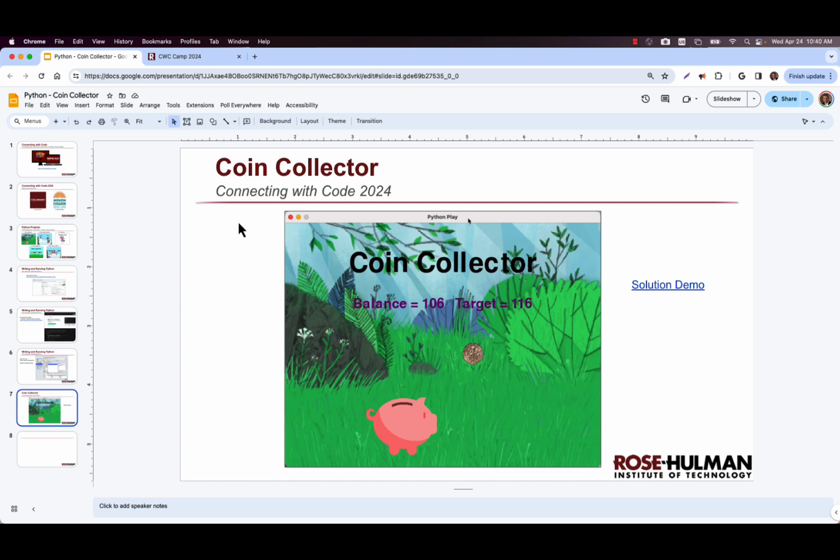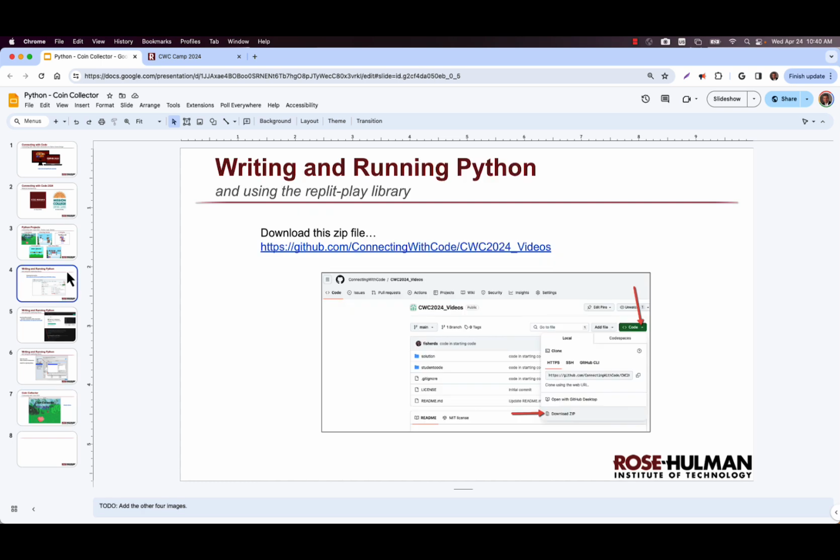We did that in Scratch as well for the younger audience. And now we're going to show you how to do it in Python. The hardest part is getting yourself set up. I'm just going to tell you what needs to happen in getting yourself set up. You're going to need to download some starter code from us. And so we're going to go through how do you get that starter code.